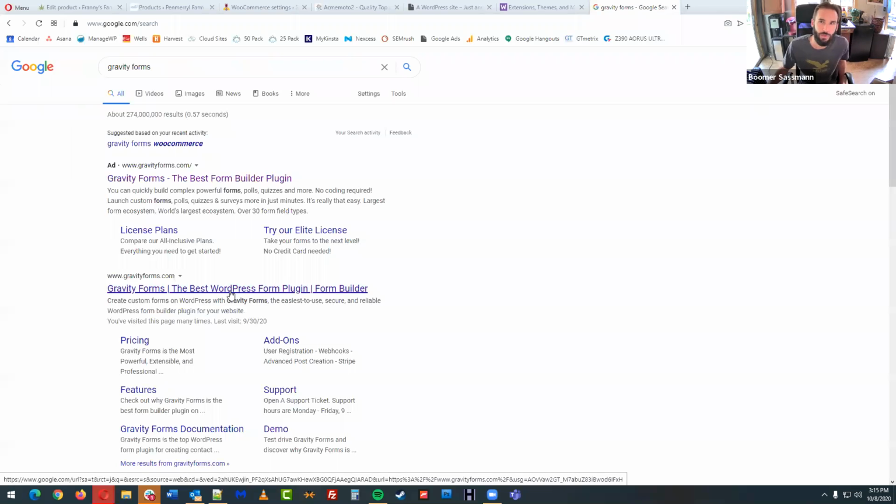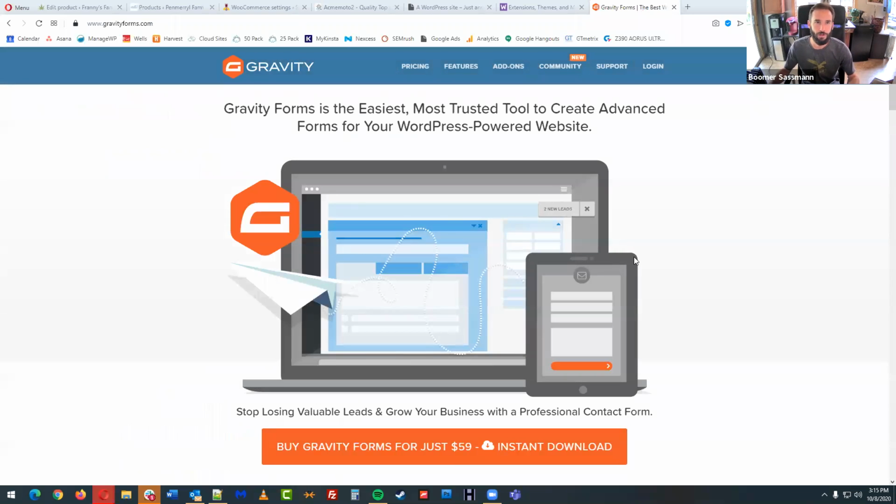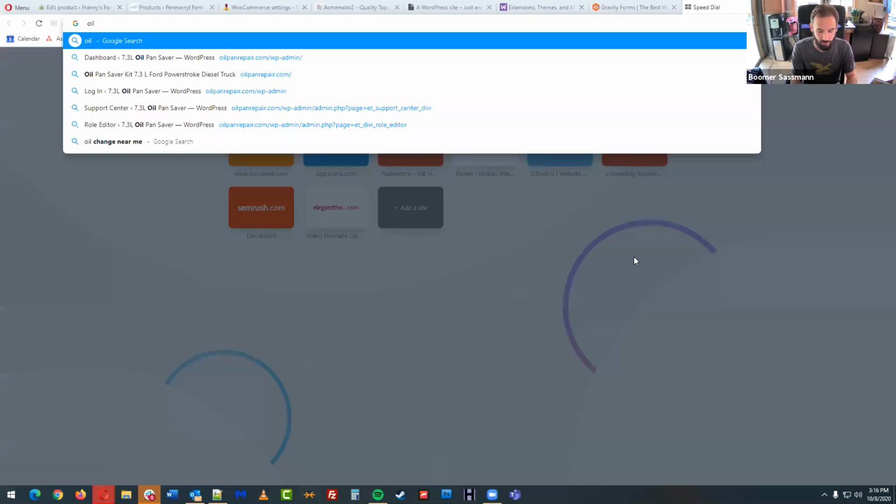With this plugin, this page will load here, you can build forms on your WordPress site. And these can be basic contact forms, or they can be really robust product forms. So I have a site. The reason why I bring this up is because